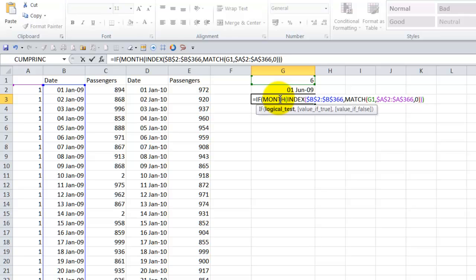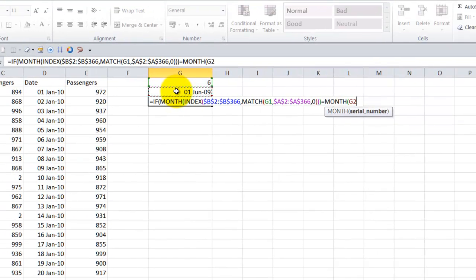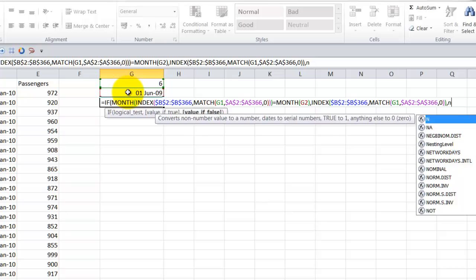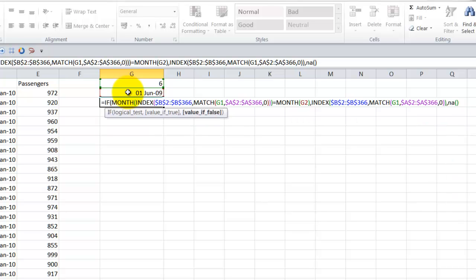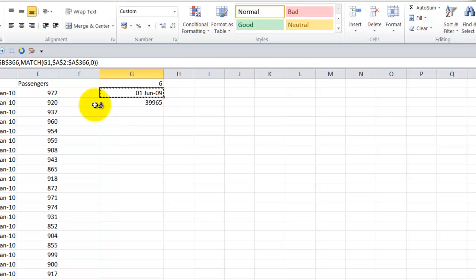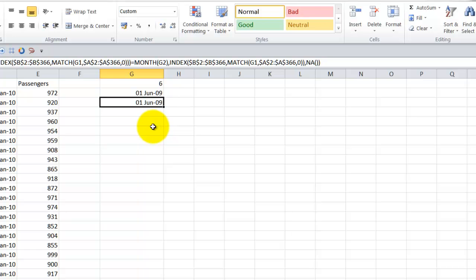If the month of this equals the month of that there, close parenthesis, comma, we want that big INDEX. Otherwise, we want NA. And the reason for using NA is when I go to make the chart, for every NA we've got shown,